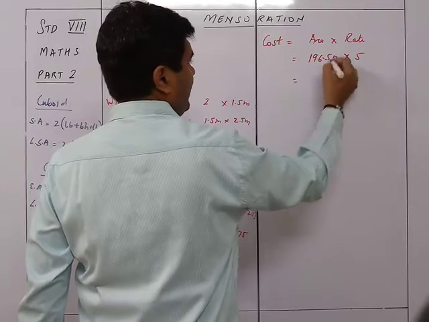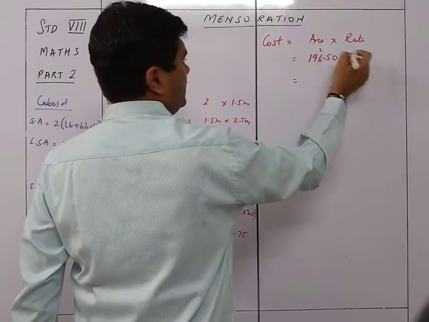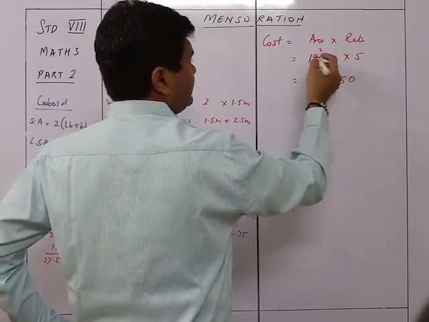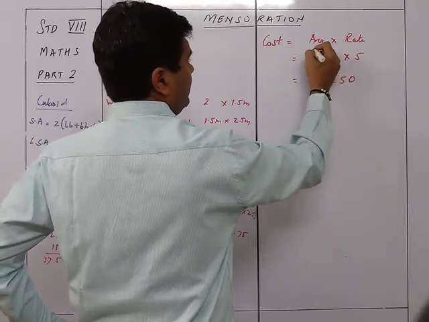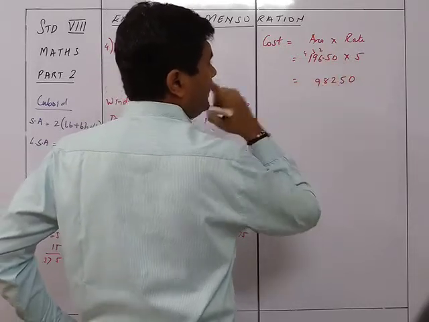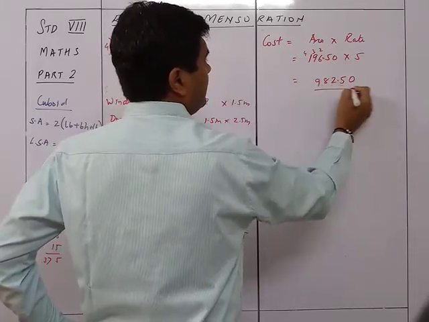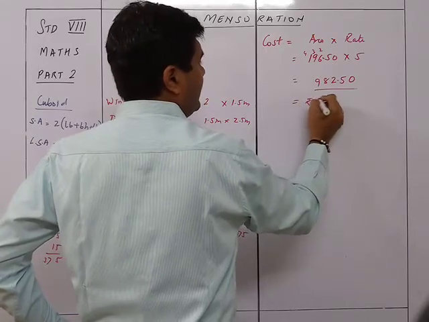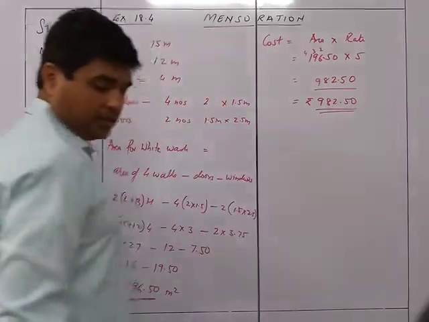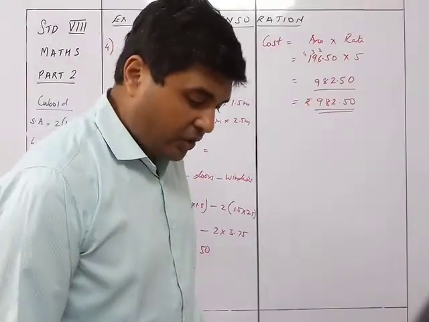So 5, 5 is 25, 5, 6 are 30, 32, 45, 48, 5 and 5, 9. So that will give me as rupees 982.50 will be the cost of whitewashing